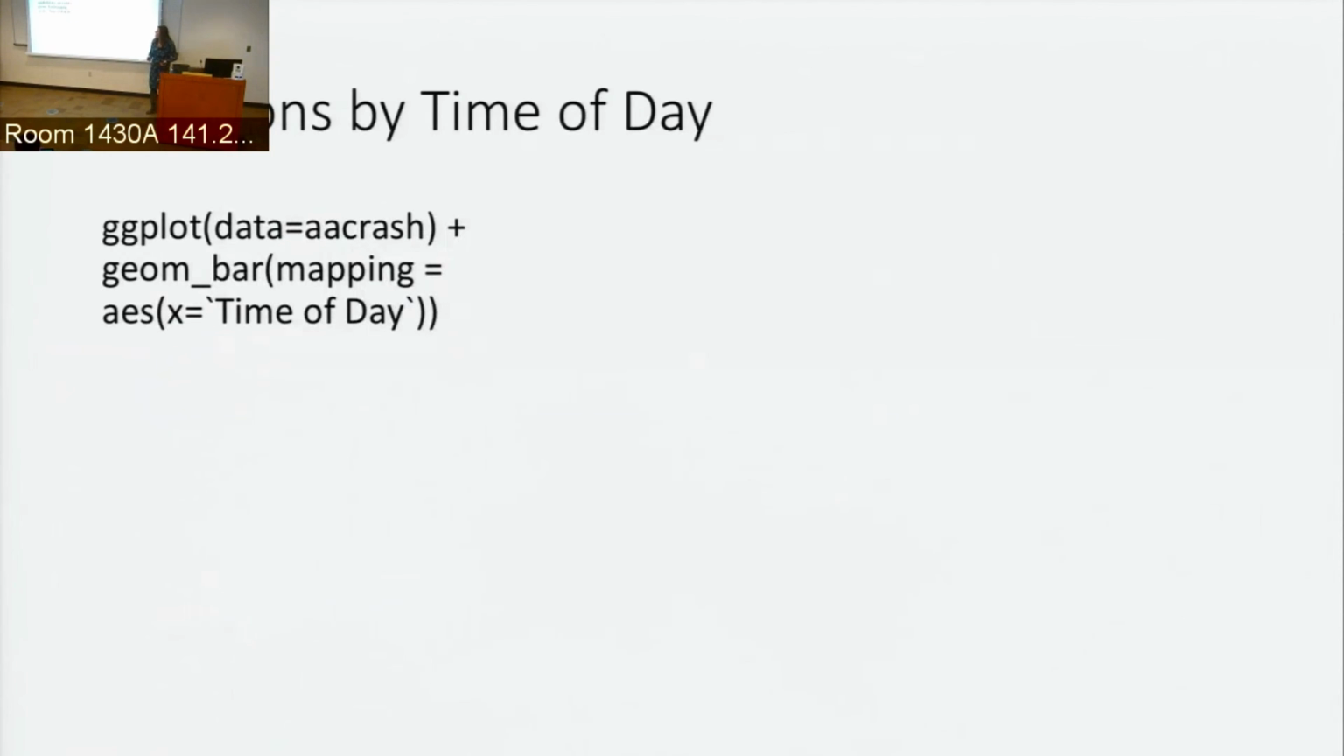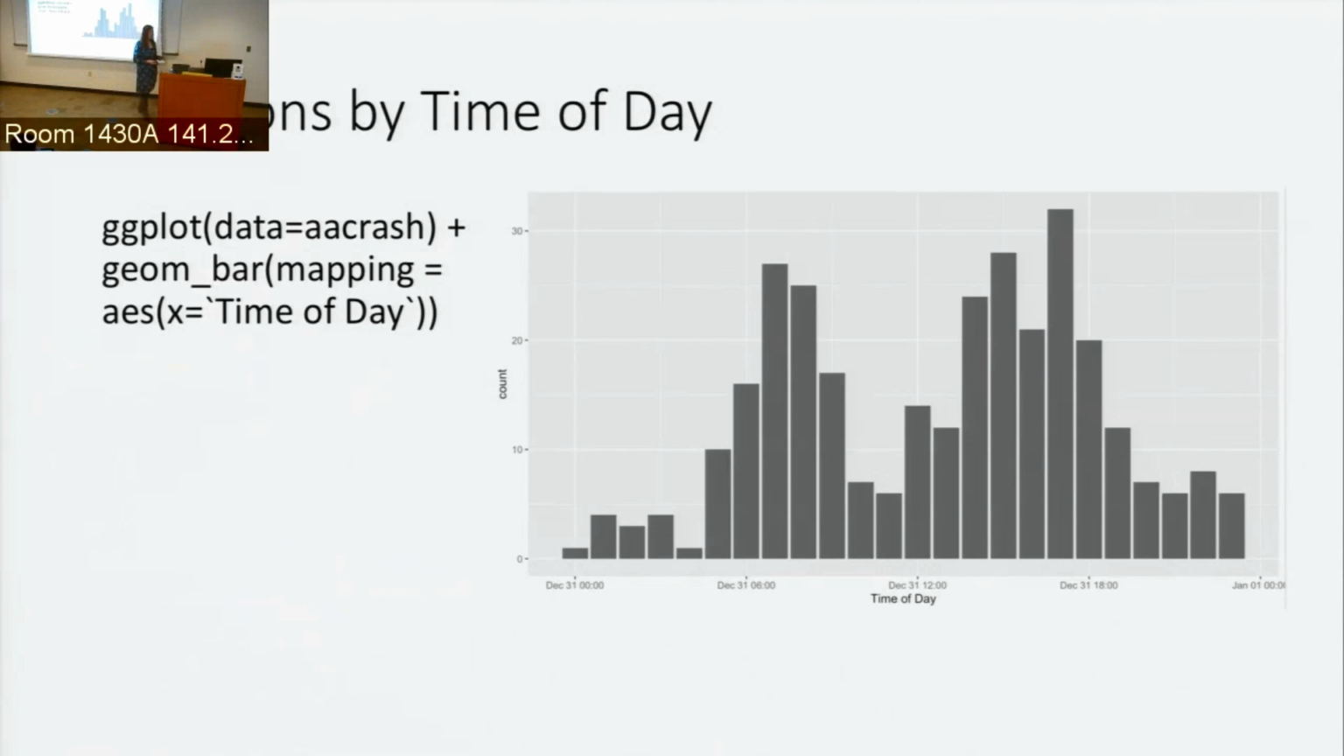All right. We're going to do another bar chart, but this time we're going to look at a different variable: time of day. You should have a variable called time of day in your AA crash data set. You're basically going to use the same formula, just substituting x equals time of day instead of x equals crash month. This should be easy. Scroll up to the previous formula and type in time of day instead of crash month. If you do that, you might get something like this, which looks a little funky again